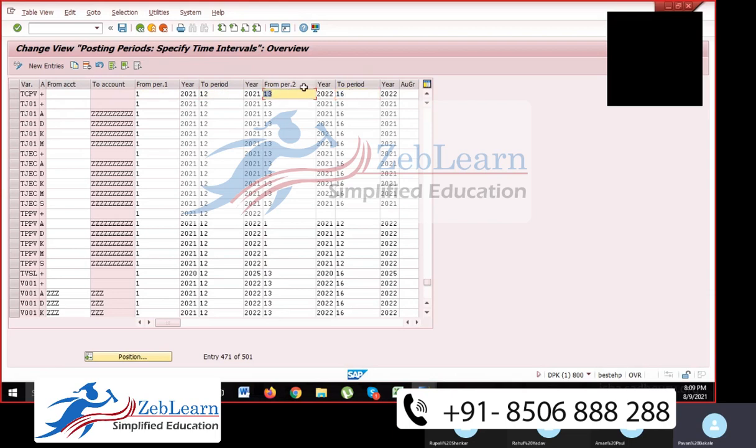We use this at the time of year ending. Once the year ending is done, you have already made the year ending in this 1 to 12 period. 12 periods have been closed. Then 13 to 16 come as special posting periods here. We use these when required, not mandatory to use. They don't have any specific number of days. We can use them anytime we want, just like making adjustment entries or provision entries, something like that. So at that time we use them, then we pass them.